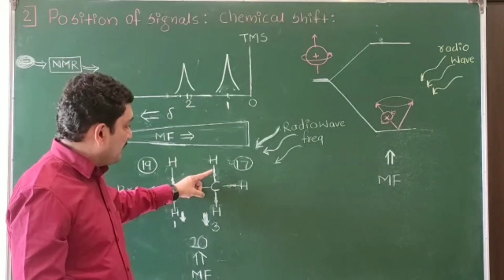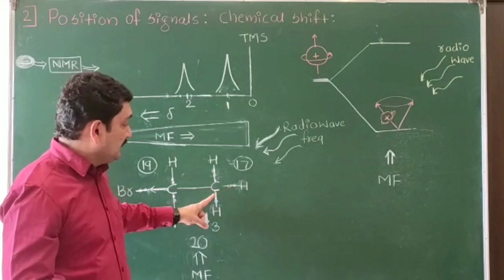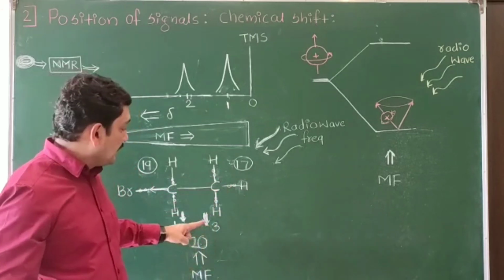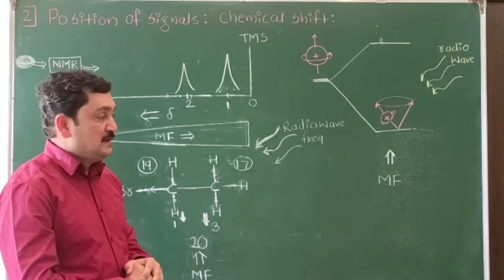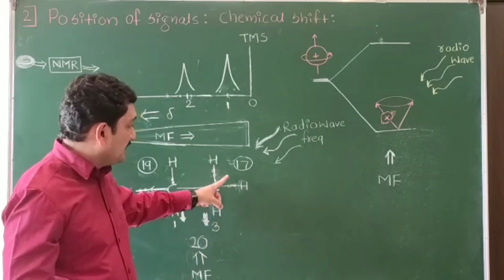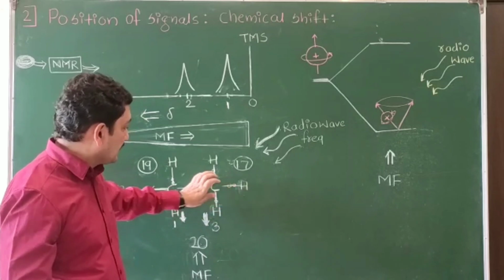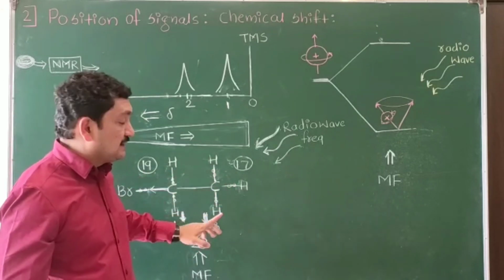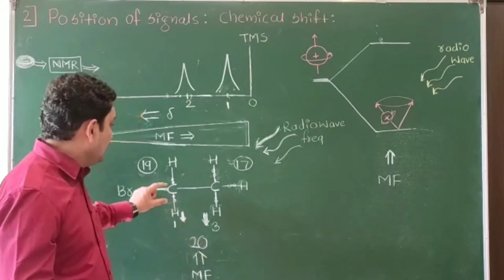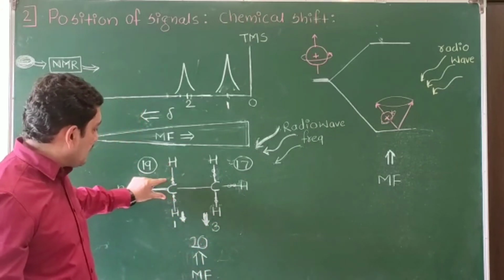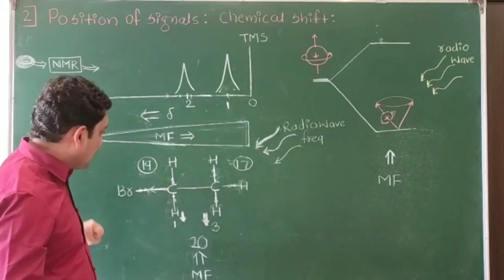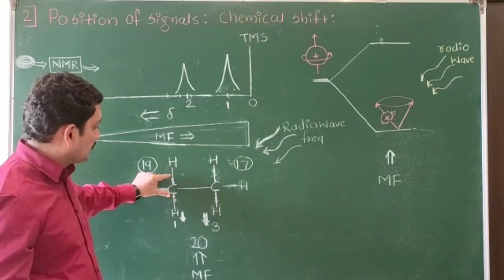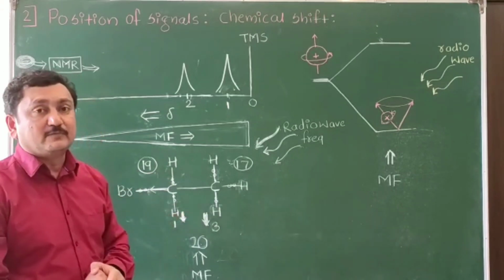These electrons will vibrate, they will circulate. As negative electrons are in circulation, they will create a magnetic field. That is called the induced magnetic field. So these electrons are somewhat free. They have more density because the electronegative atom is farther away, so they will generate more vibration and more induced magnetic field. While these hydrogens are closer to the bromine, due to its withdrawing power, the electron density is less. So there is less circulation of electrons, and less induced magnetic field is generated.